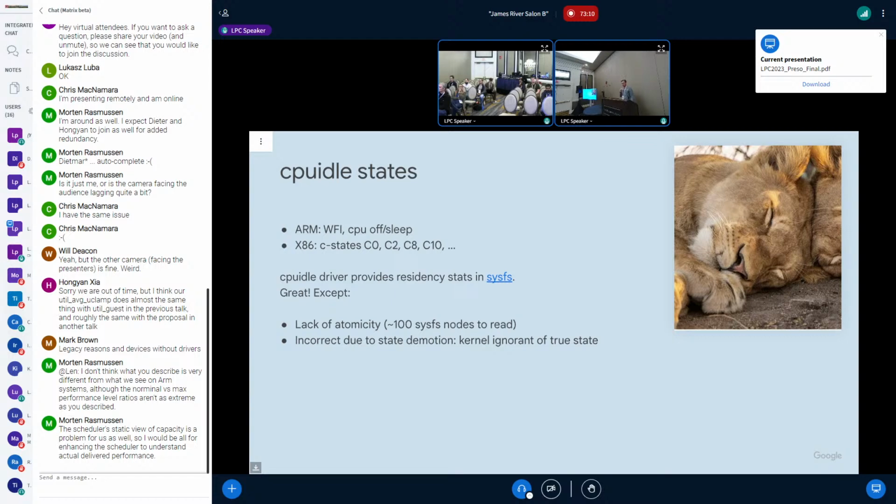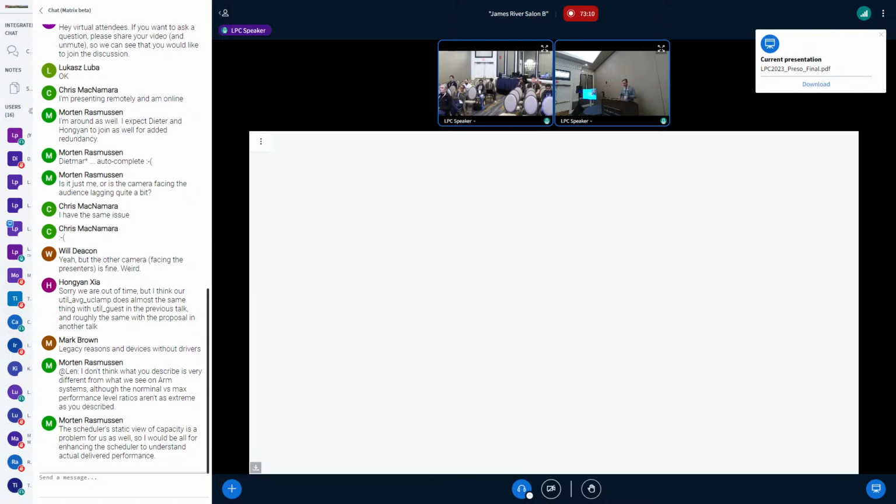There's also a lack of atomicity, because there's a bunch of sysfs nodes that you have to read for all the cores. If you don't read them all at the same time, you take some time to read all of them, and time moves on. And it doesn't all completely fit together. So we had instances where we took a little bit of time to read them, and the C0 residency actually turned negative. So in Go, we had to write Go routines to try to parallelize it and read them all together in CPU idle to get a decent reading out of it. It was all very complicated.